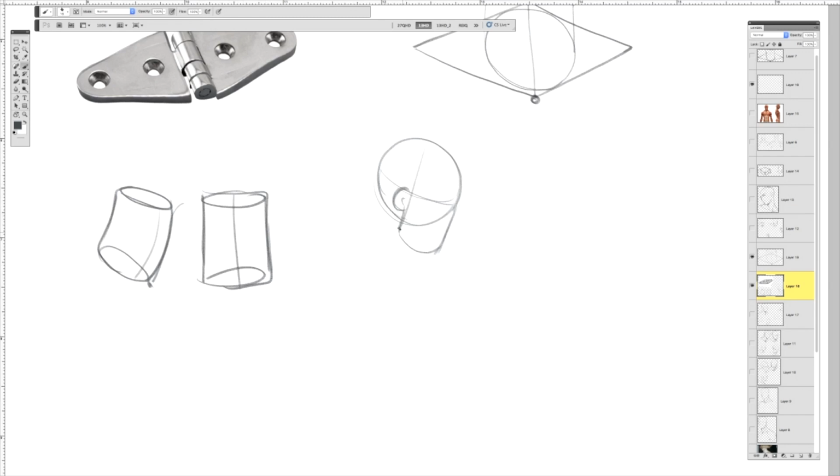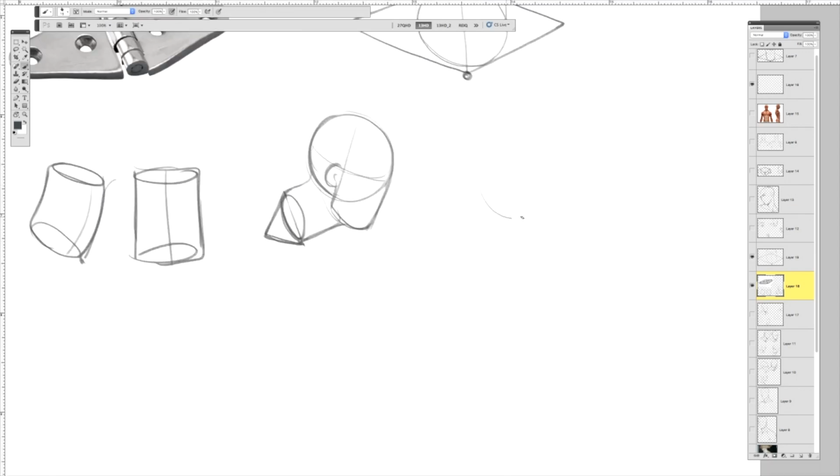And once I have my head drawn, I think about this neck, and I think about how the cylinder is connected here. Let's say this is the perspective that I have, and then I want to place that hinge. I'll draw a center line here, and from this point I'm going to create that diamond shape. Let's say I do a face like this. I start with my head, center line, and draw the jaw, divide it, place the ear, make sure that jaw is like that, and then I can draw the neck as a cylinder, have my hinge here,